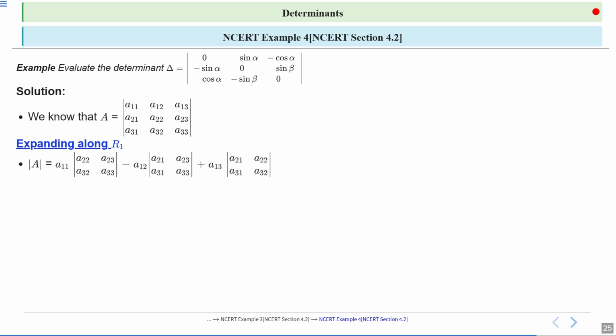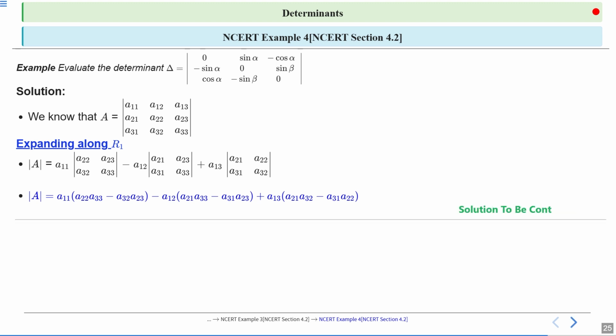we get the determinant of A, that is A11 into the determinant of A22, A23, A32, A33, that is just cancelling the first row and first column. Similarly for elements A12 and A13. So we get the formula for calculating the determinant when expanding along R1. So that is the formula. So to evaluate the determinant of the given matrix,